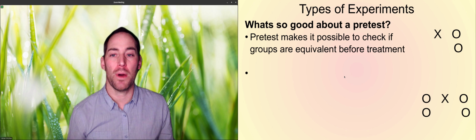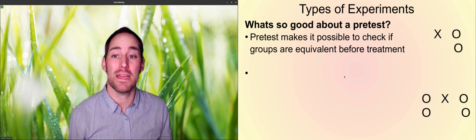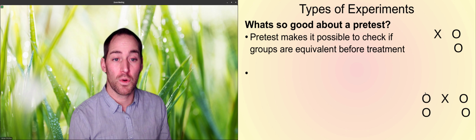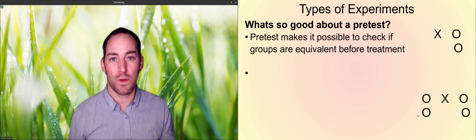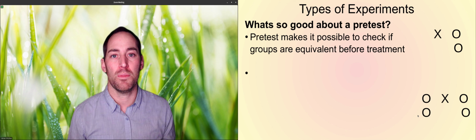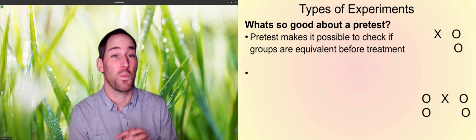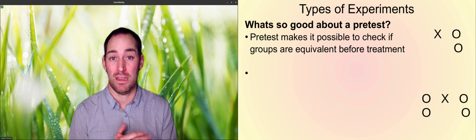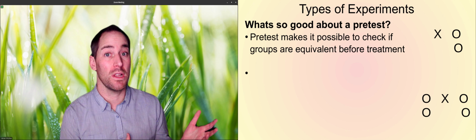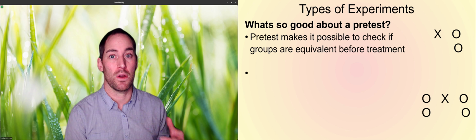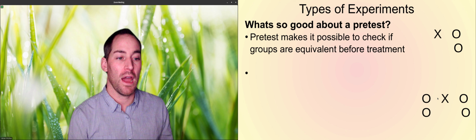So what's so good about a pretest? Well, a pretest makes it possible to check group equivalence. So even though you're randomly assigning, there might still be differences. Maybe everyone who's way more stressed is in one group rather than the other group. Maybe everyone who's really good or really bad at math is in one group versus the other group. So if you have a pretest, you can say,